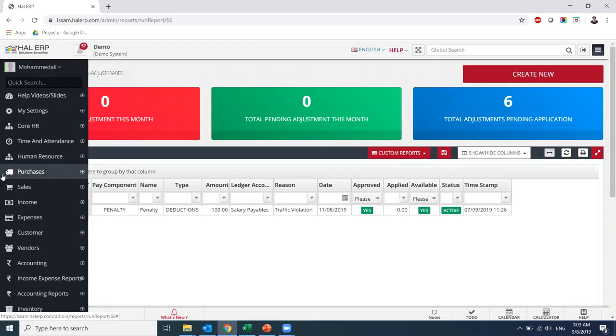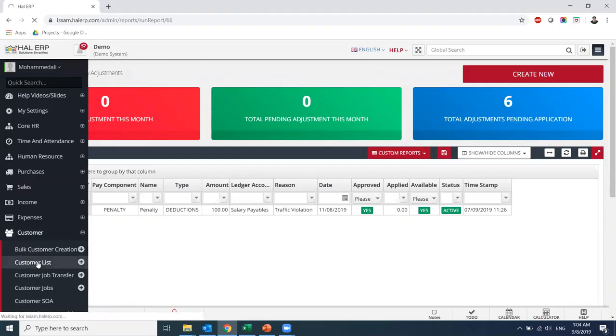In this session, we will be talking about project costing, how project costing will be done using the HAL ERP. So first thing is that we'll go to customer because the project initiation should take place, right? The project belongs to one of the customers of our company. So in that scenario, first we'll create the customer and then we'll create a project